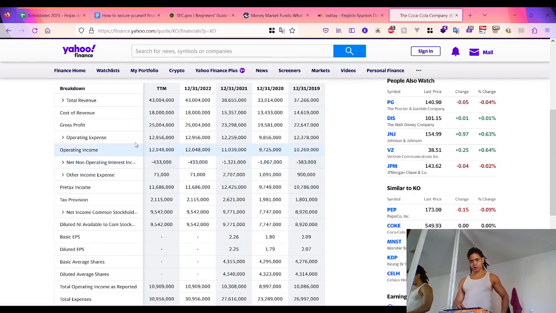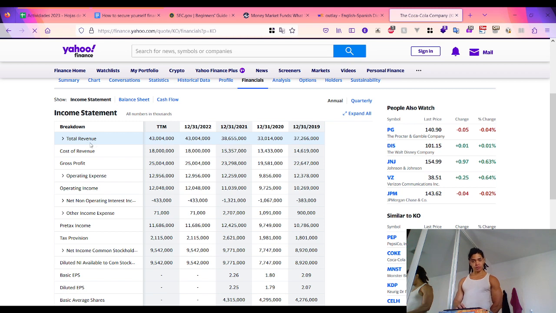The income statement. So we have total revenue, or the gross revenue. Right after that, we have the cost of revenue, how much money a company spends to make products and services that are to be sold. Then once you deduct the cost of revenue from the total revenue, you arrive at the